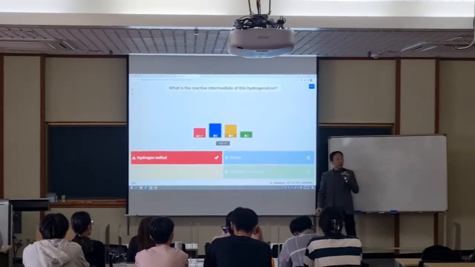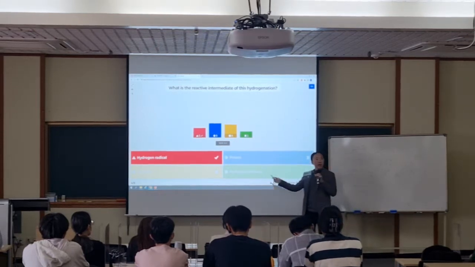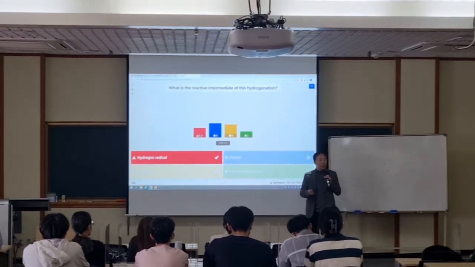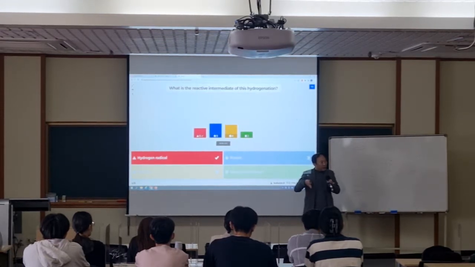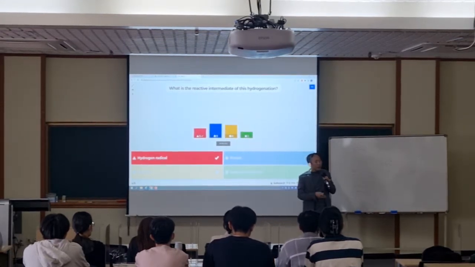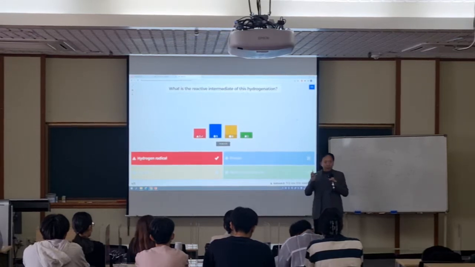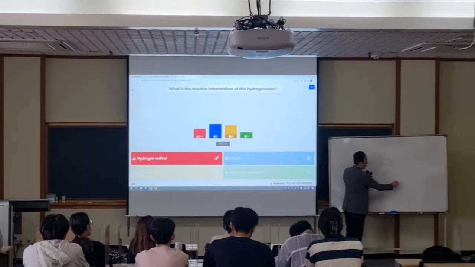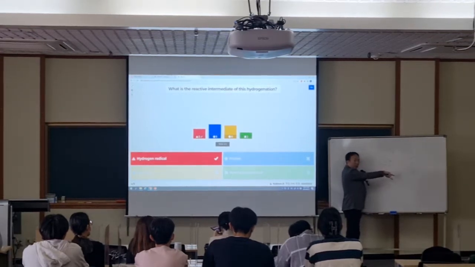This kind of thing we have learned. So this hydrogenation reaction is equally broken and then goes into the same side. So usually this reaction is a non-polar addition. Polar addition means somehow one side is shifted and this is a